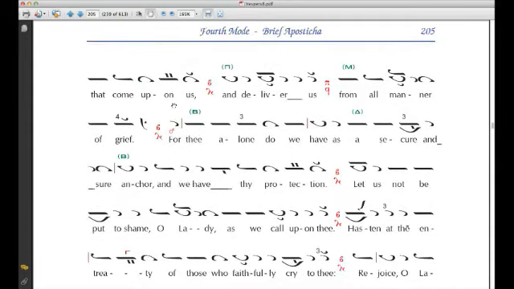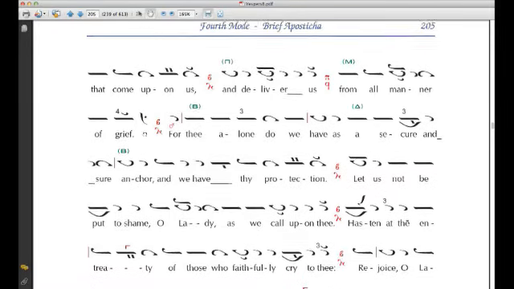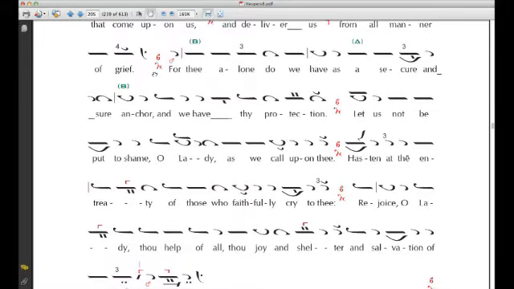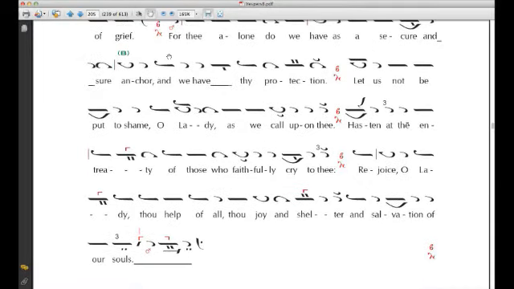Let us not be put to shame, O Lady, as we call upon thee. Hasten at the entreaty of those who faithfully cry to thee. Rejoice, O Lady, thou help of all, thou joy and shelter, and salvation of our